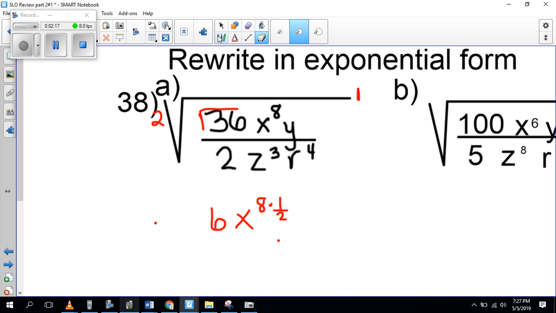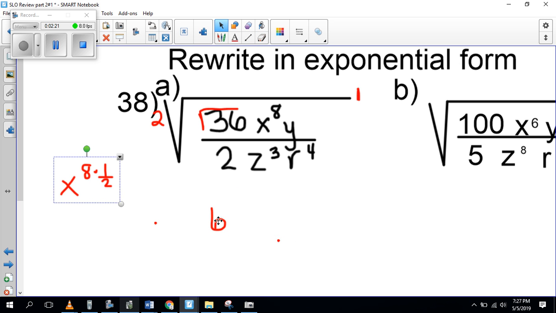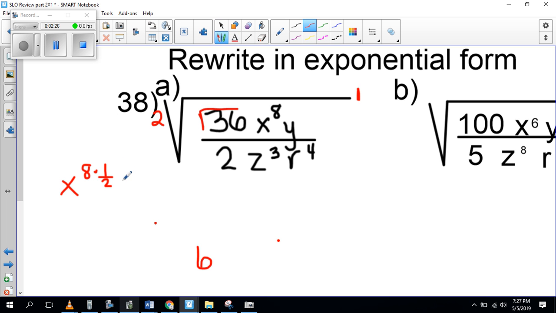So maybe I should have put this somewhere else. Instead of putting it here, I'm going to put it over here because I'm breaking it down. So we got 6, and this becomes x to the 4th. So that's going to come out here beside the 6. X to the 4. Now, what about this y? What is the exponent of the y? Well, there's nothing there, so it has to be a 1. So y to the 1